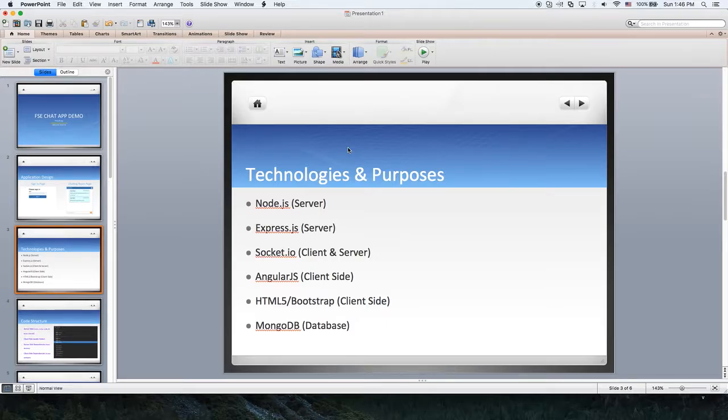Then let's move to the technologies and the purpose for building my application. For the server side, I use Node.js for building the server and Express.js as the server-side framework to make handling the request and the response easy, to create the routing, and to set up the view engine. Then Socket.IO is used on both the client and server side to create the real-time data communication,